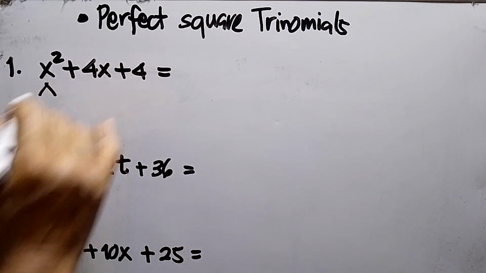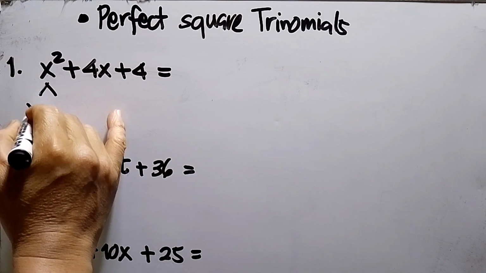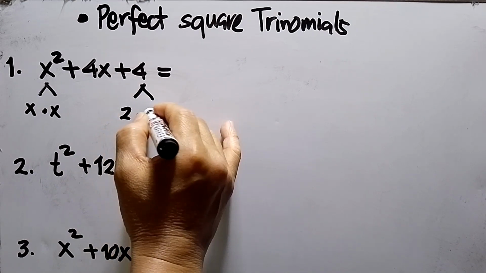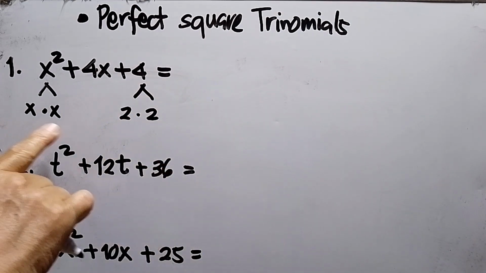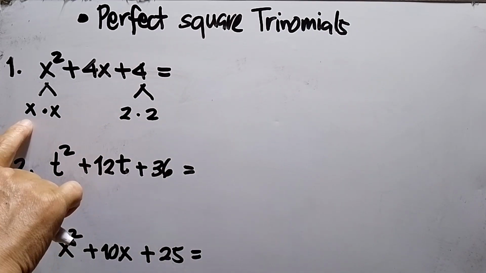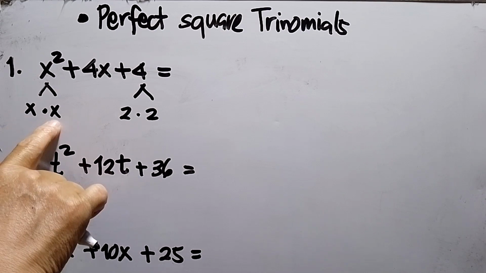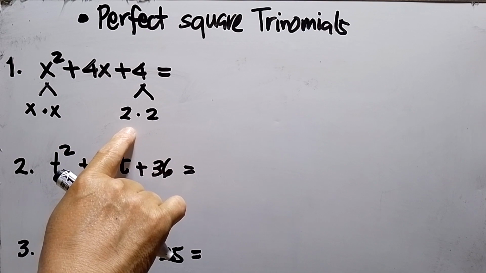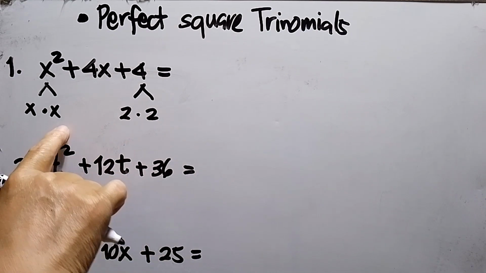We know that the factors of x squared is x times x. And how about the last term? This is 2 times 2. As we notice, in the first term we have the same factors, x times x, and the last term is 2 times 2. So we call this one a perfect square. Okay? So to factor this one,